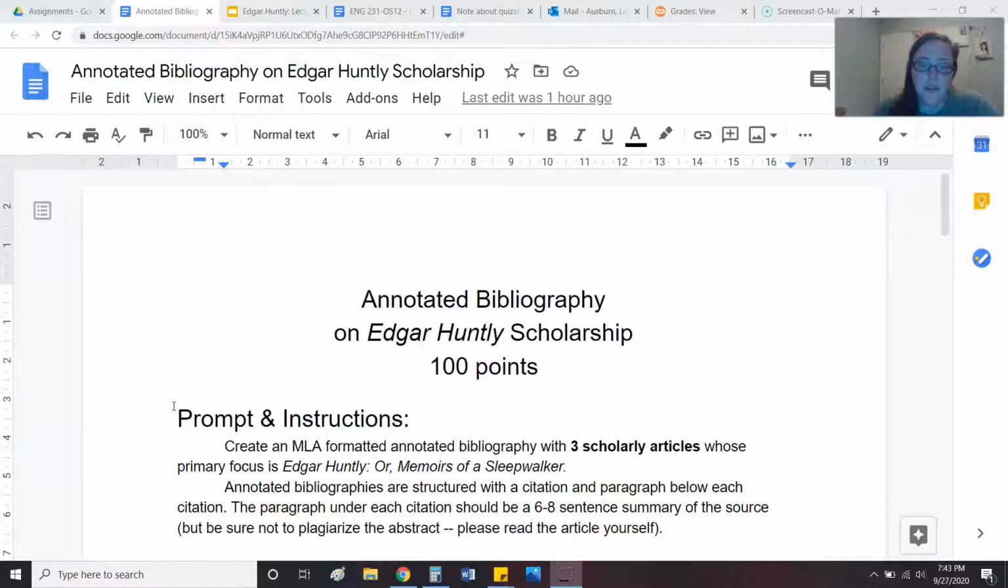So if you've ever done an annotated bibliography before, some of you took my English 112 class, it's basically the same concept with a couple of exceptions. Most annotated bibliographies are about the same with the exception of what to put in the paragraph below the citation. So make sure you're paying attention to that if you've done one for a different class and just know what